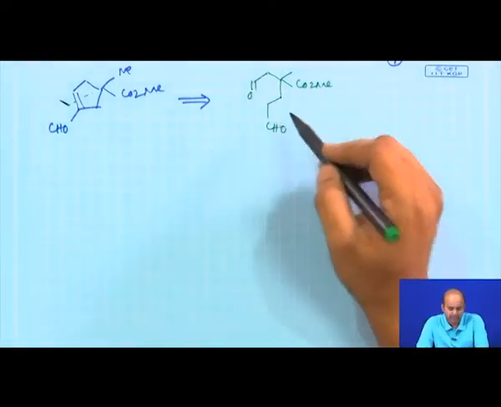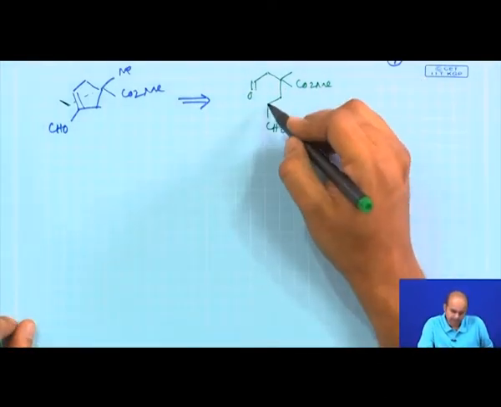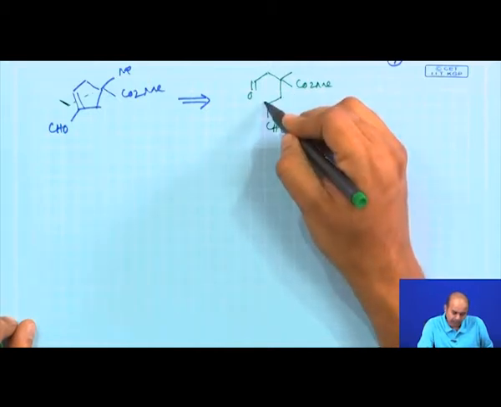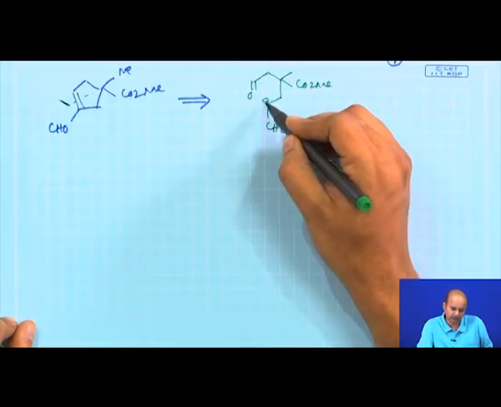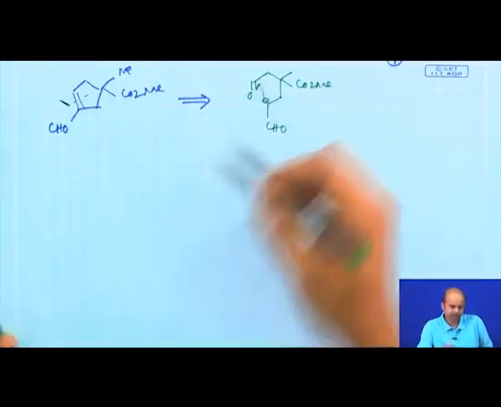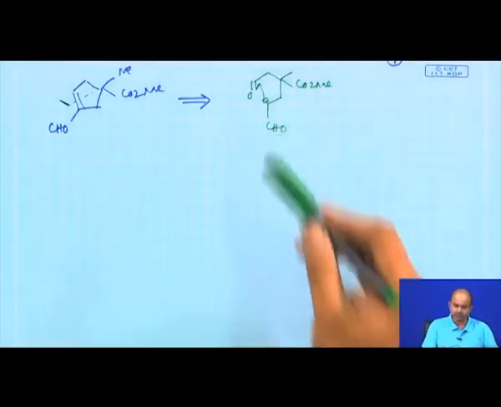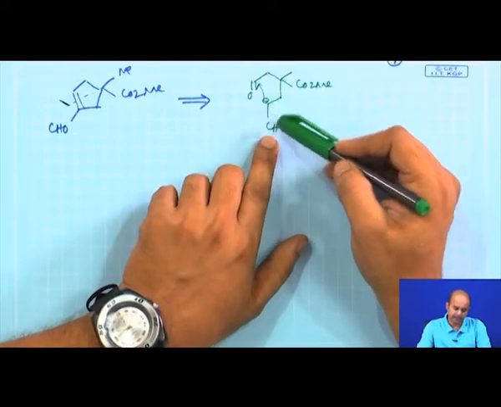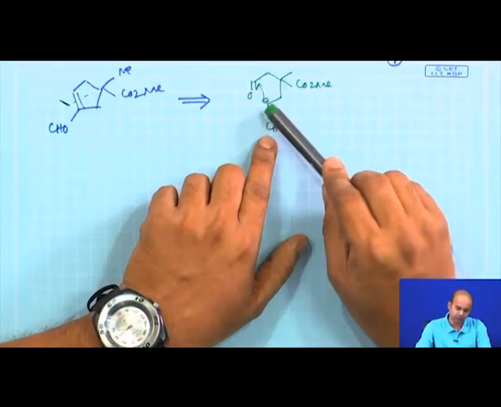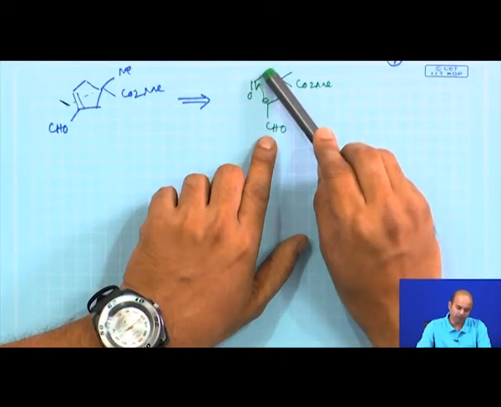So, you have a dialdehyde, and we assume that one of these aldehydes will abstract the alpha hydrogen and attack the other aldehyde. Now, there must be a regiochemical issue definitely, but probably I said that this aldehyde has in between 2 CH2 groups, or 2 methylene groups, but this aldehyde has 1 methylene group.